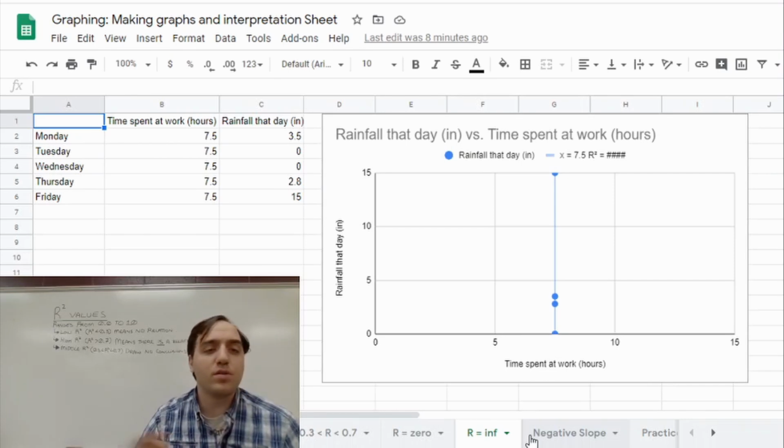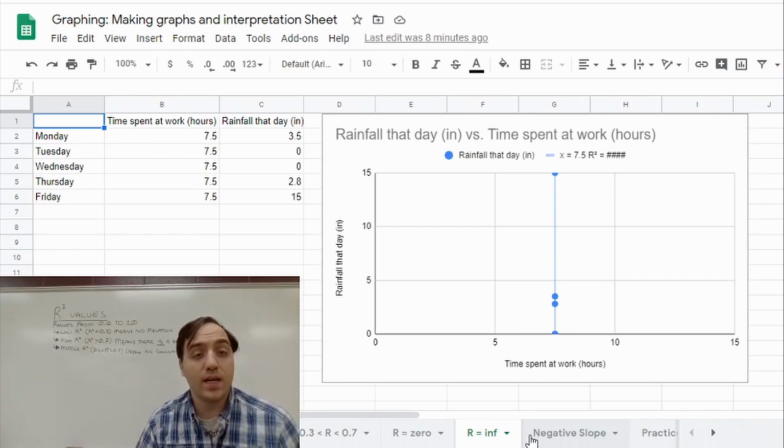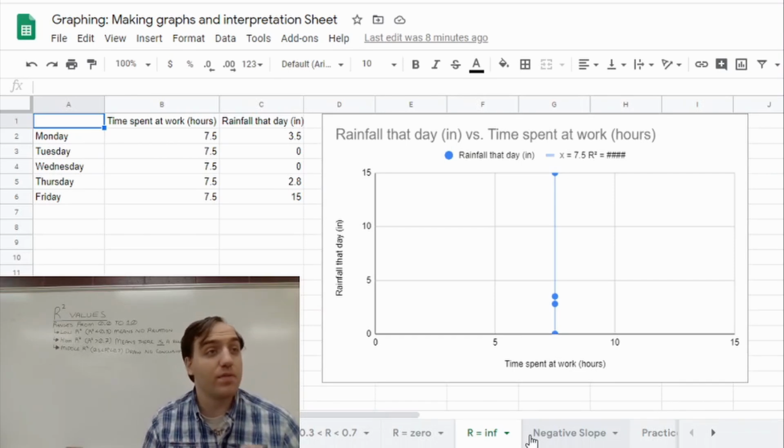For this, I measured the amount of time I spent at work on a given day and how much rain fell that day in inches. And you'll notice I spent the same amount of time at work every day. I get here at 7:30, I leave at 3. But the amount of rain